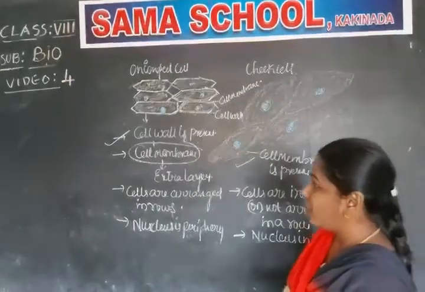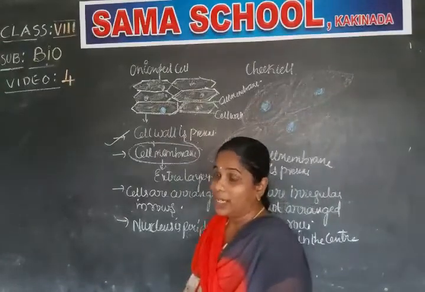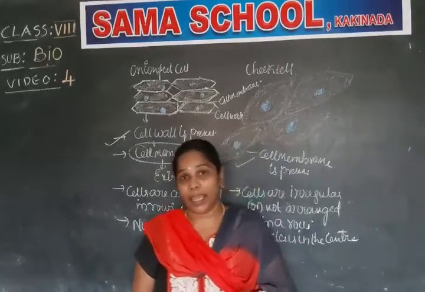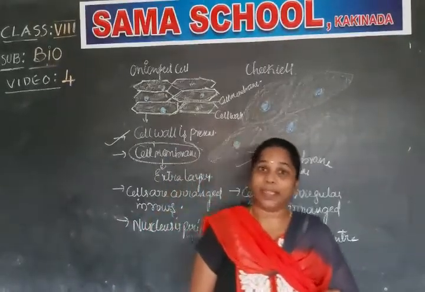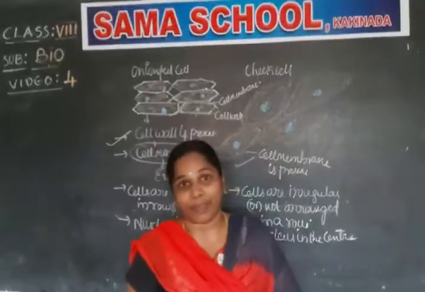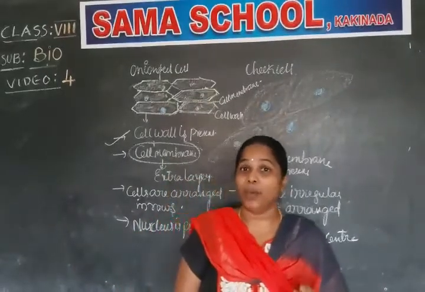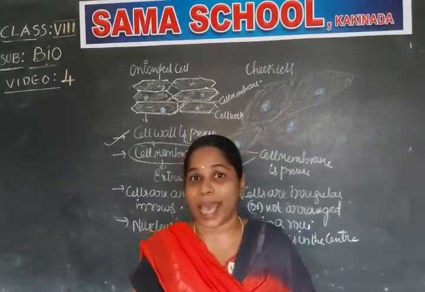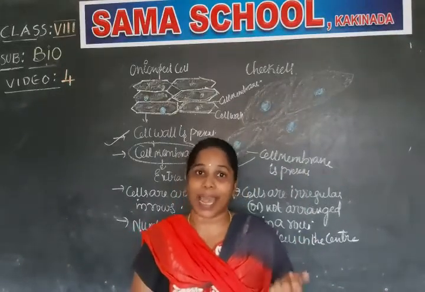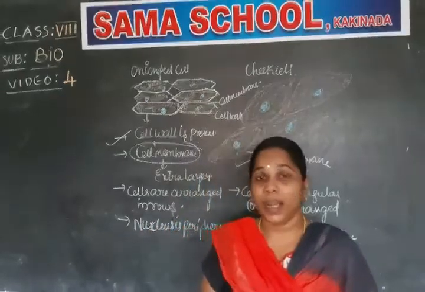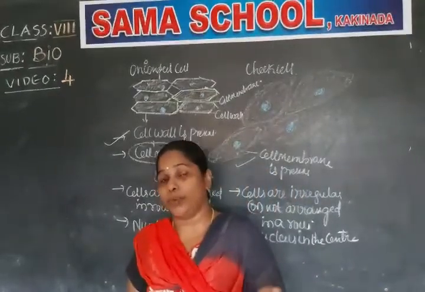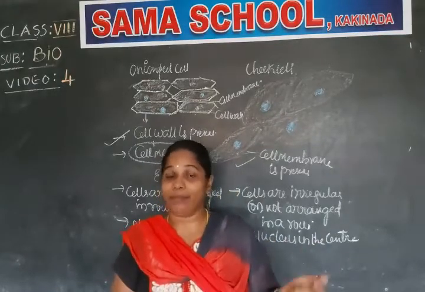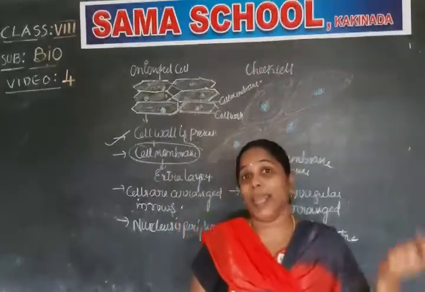So, what we have learned in the first video: why the cell is called a basic unit of life. According to the number of cells, we learned unicellular and multicellular. Then we learned who first observed the moving animalcules and gave the name: Antony van Leeuwenhoek. Who discovered the cell? Robert Hooke discovered the cell. Then he did an experiment, and we watched the dead cells in a matchstick.